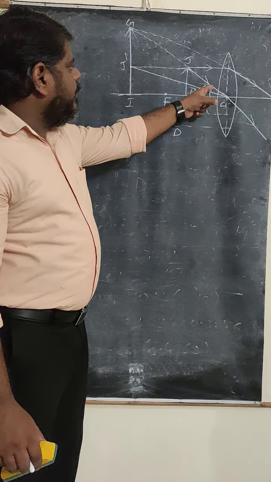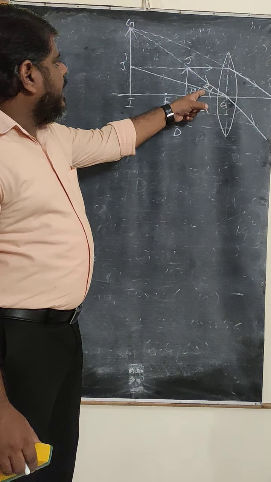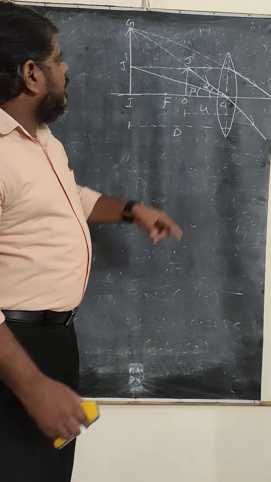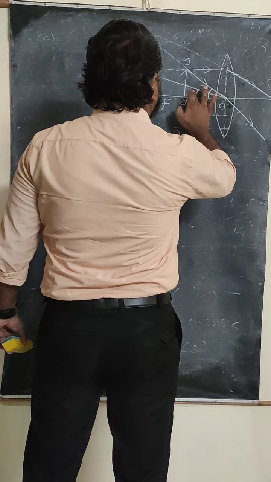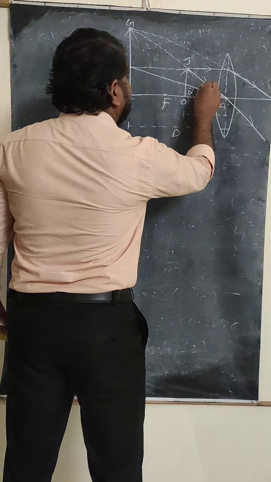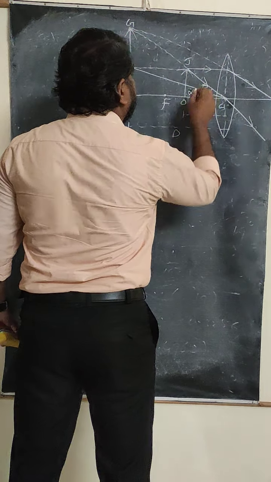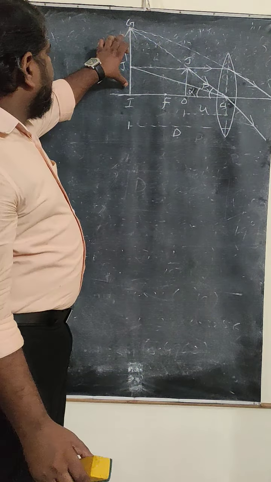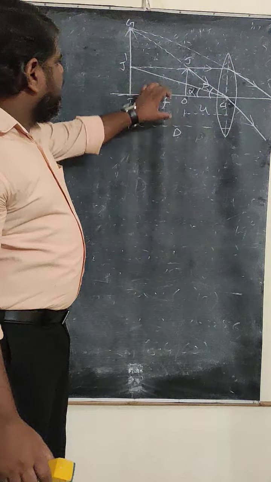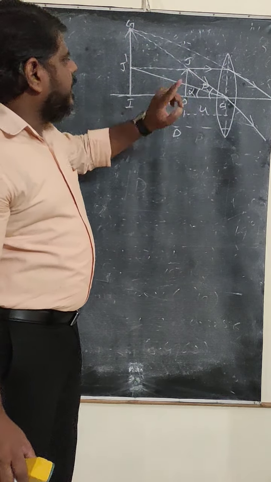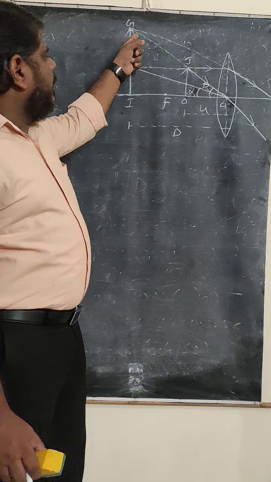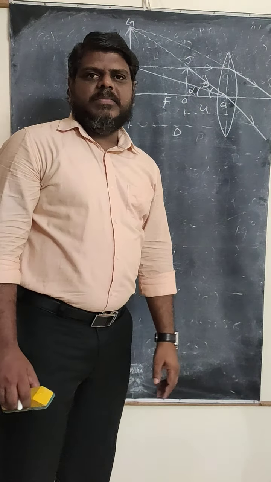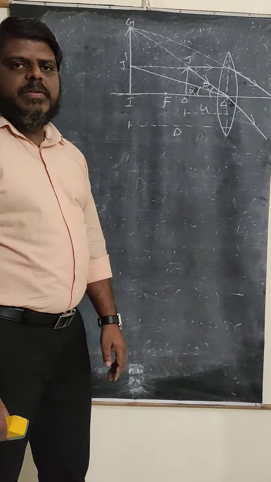So here remember very carefully, here beta represents, oh wait a minute, you can call this one alpha, and this one is beta. The angle made by the image can be represented by beta. The angle made by the object can be represented by alpha. Beta will be more and alpha will be less. Okay. So these are the conditions we are taking.